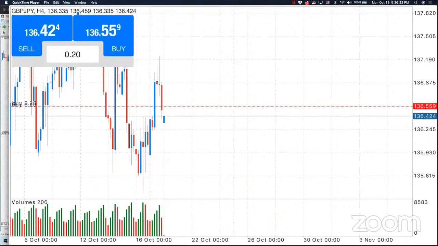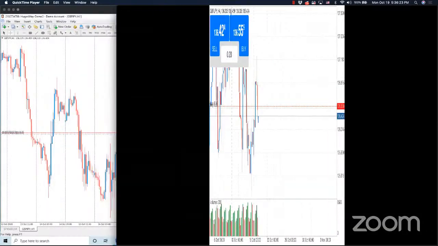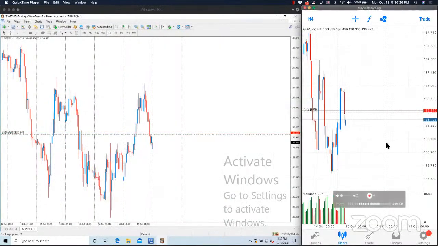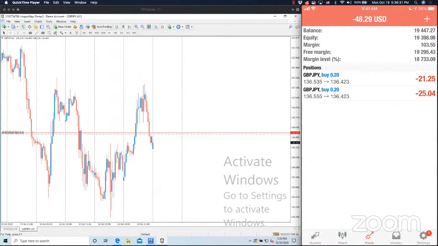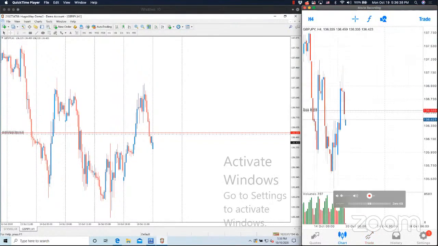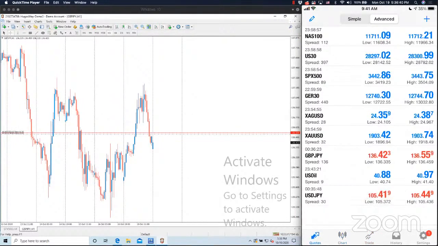And let's go back to the original view. You can see that I have both of the trades in here under the trade window. I'm down right now because the spread is pretty crazy. And if you want to see the spread, that's another thing you can do under the quotes. You can see right now, the spread for GBP JPY is 13.6. So 13.6 pips is the